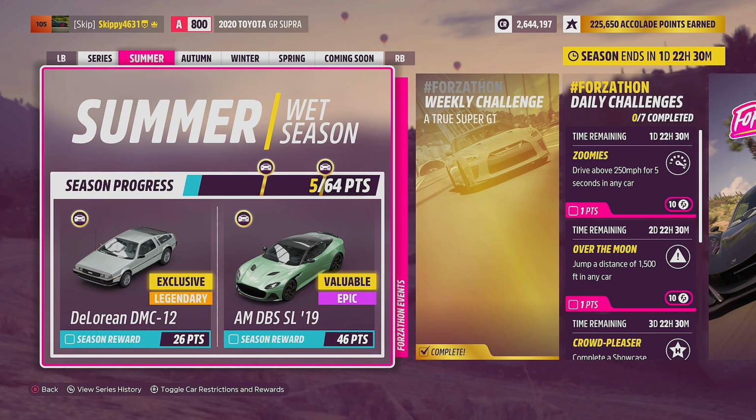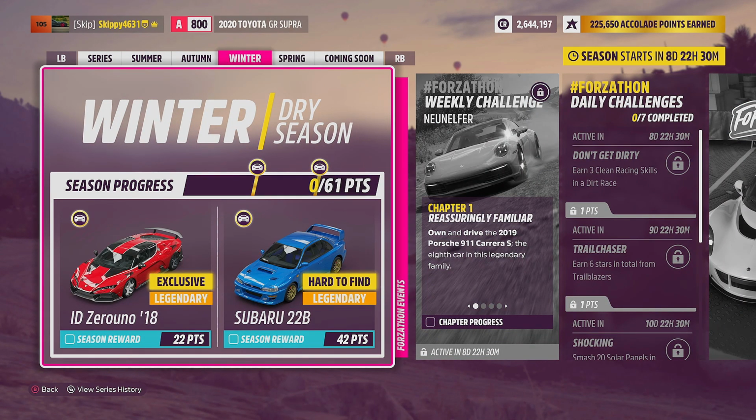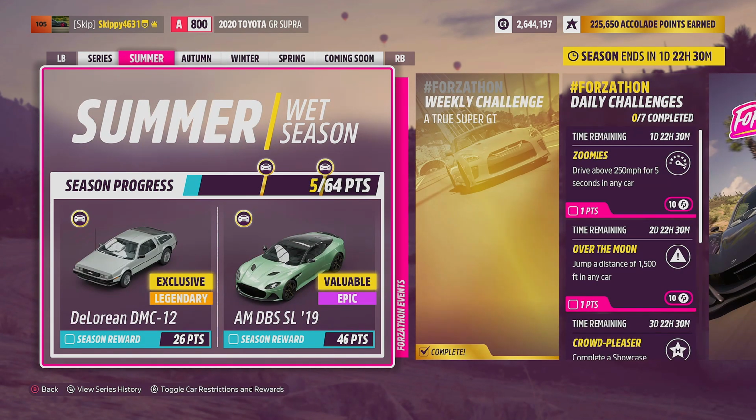Although depending what objectives we have on the playlist, these points do change. So for autumn, it's 22 and 42 points. For winter, 22 and 42 points again. But for spring, 24 and 44 points. So just bear it in mind that you might not need as many points for one season as you do another. So moving into the festival playlist, and the first objective we're going to see are the weekly